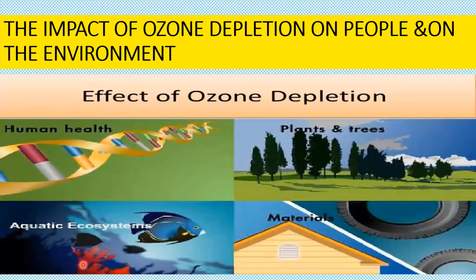When you talk about how it affects the environment, the reproductive cycle of phytoplankton is affected, which affects the population of other animals too, and changes in the biochemical composition make some plants' leaves less attractive as food. Then melting of ice sheets, glaciers, and permafrost can lead to a rise in sea levels.